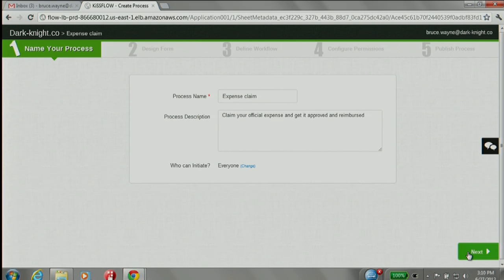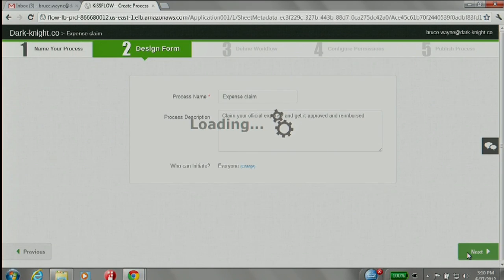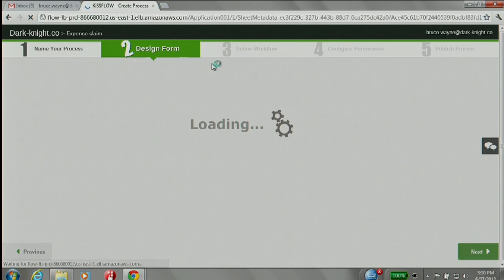First, you start off with naming the process, and then you go into creating the fields in the process. For example, in the case of a travel claim form, you have the purpose of travel, which is what you capture to claim the amount. And then you have the description. And you also have fields like the amount, the date on which the amount was spent, and so on.